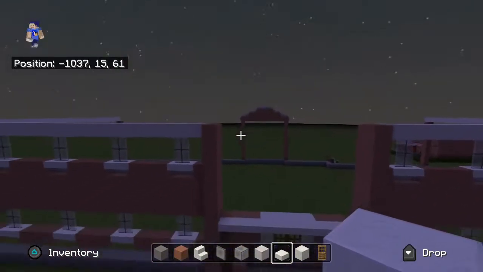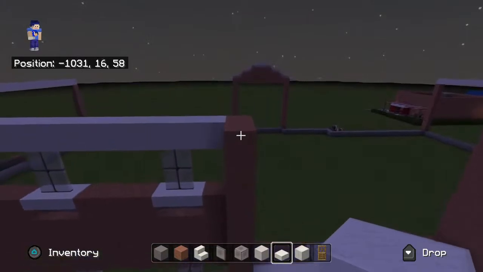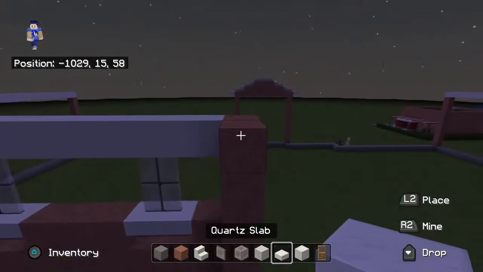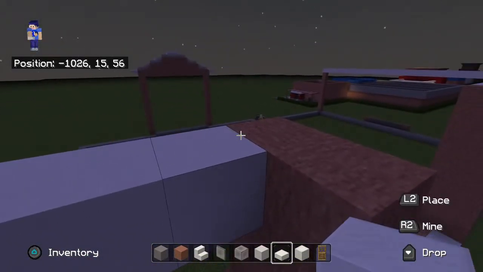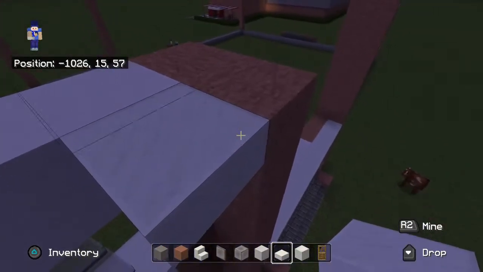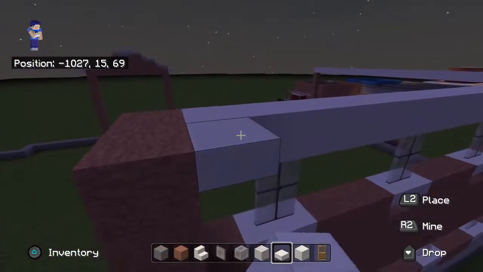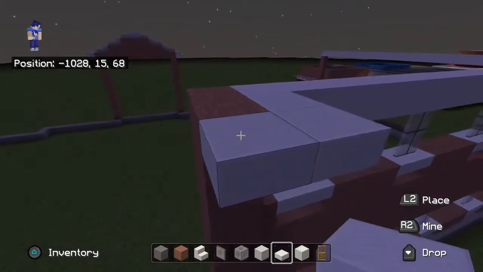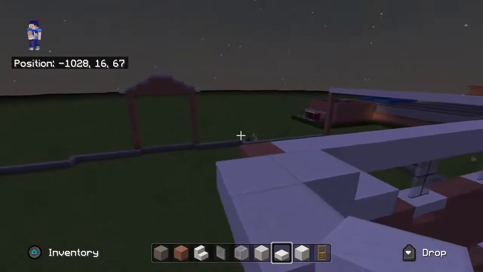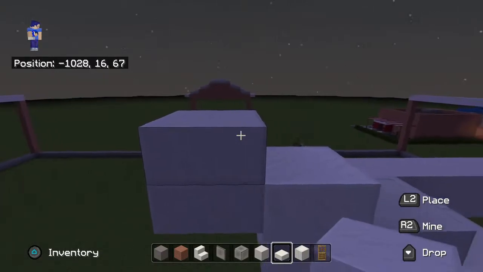What we also want to have up here is a copy of the roof on this side as well. So we're going to take the rows of terracotta here on the left and the right. We're going to place quartz slabs on the left and right sides of the terracotta, and we're going to extend the quartz slabs inwards and upwards, just exactly how we did on the front of the building. Part of the roof is actually going to connect together as well. So you're just going to want to